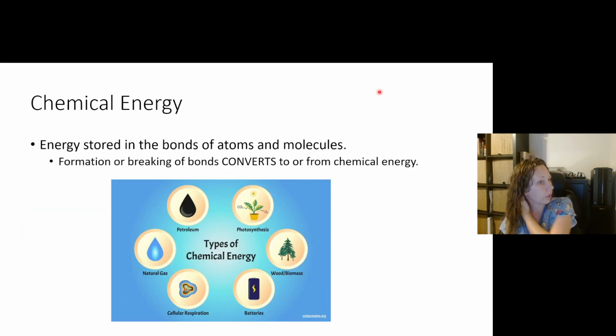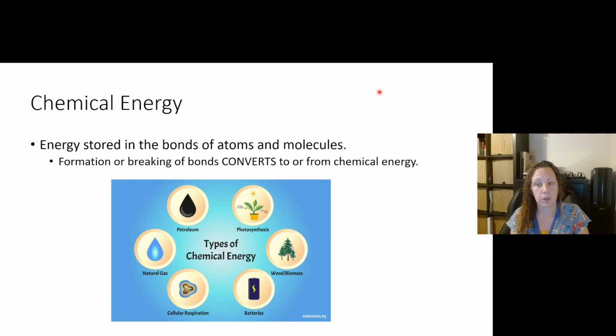Okay, chemical energy is the energy that is stored in the bonds of atoms and molecules. So some molecules, when we break that bond, it's going to release that energy into another form. And then of course, when we make bonds, usually we're going to be now storing more energy because there's a new bond there. So the breaking and formation of bonds,